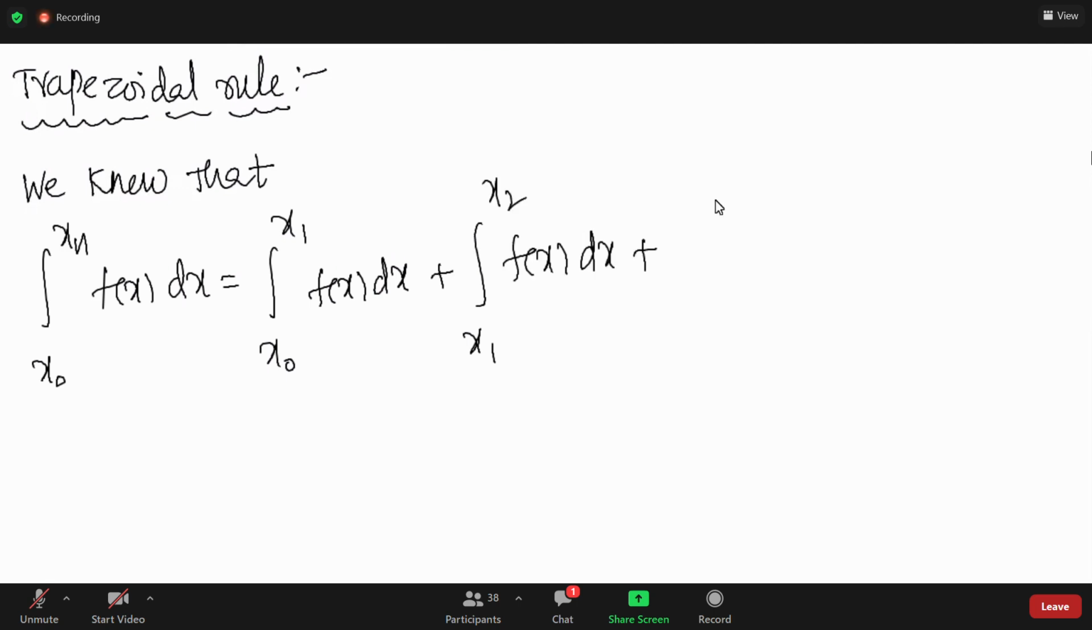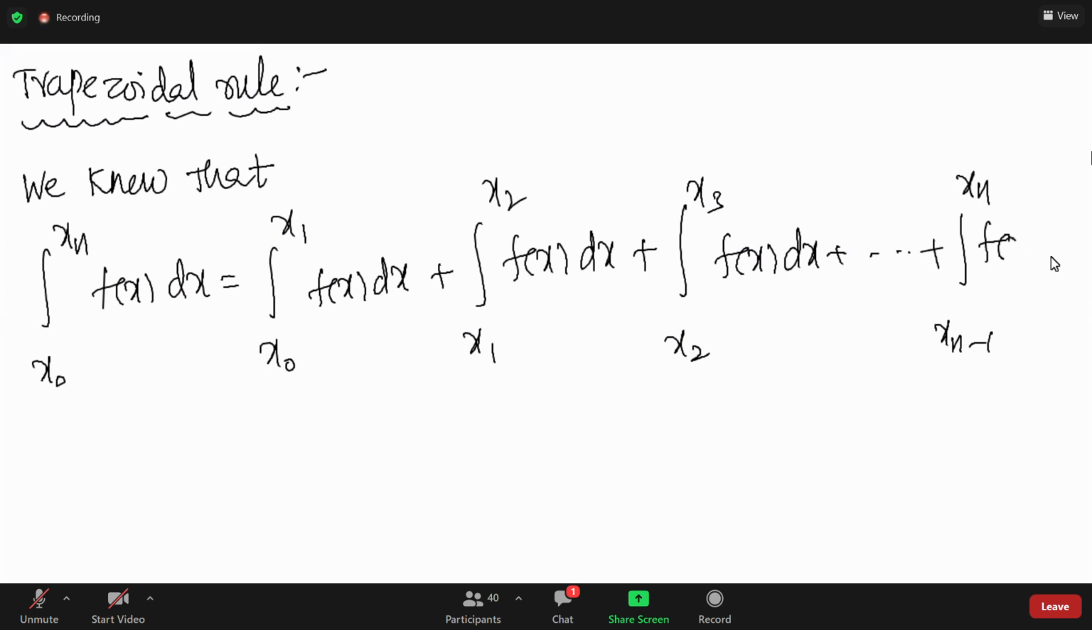What is the next subinterval? X2 to x3, f of x dx, and so on. What is the last subinterval? Integration from xn minus 1 to xn f of x dx. So that implies integration from x0 to, what is xn in terms of x0? x0 plus nh